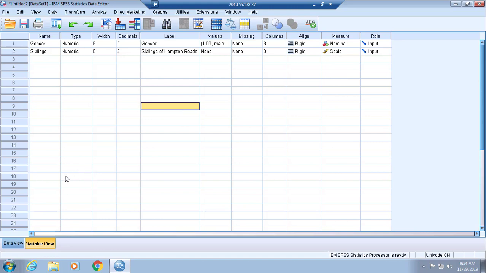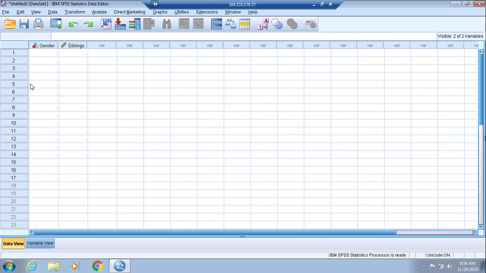All right, so with that, we are done setting up our variables. Let's toggle back over to data view. Now we're at the point of inputting our data into SPSS. Now we said that